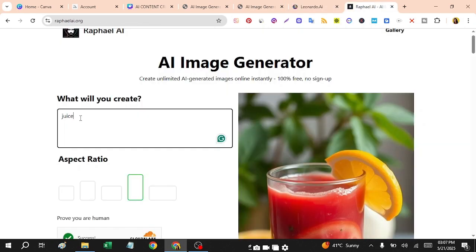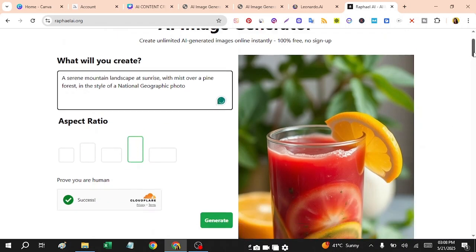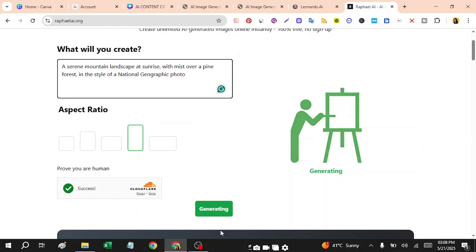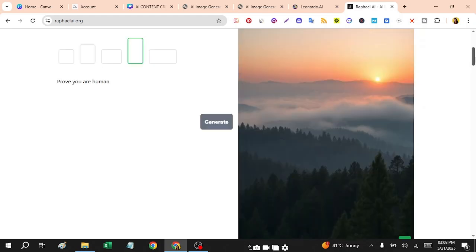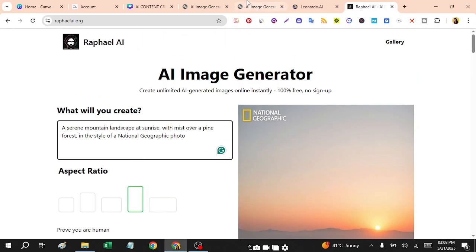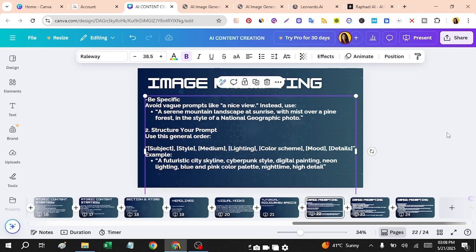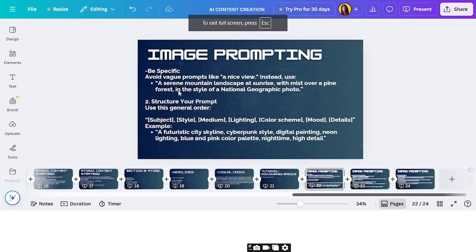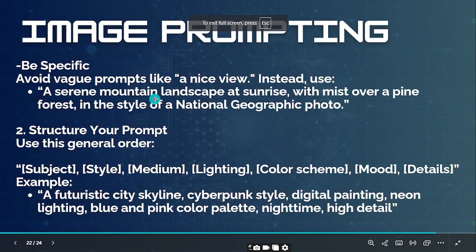So let's come to another tool, which is Refer AI. Use this tool again. Come and select a structure. Let's say I just want to make a product ad, so I need a picture for this. This is a pretty decent picture, I guess. The forest is there, the sunrise is there, the overall background. So this is how you create images using specific statements.